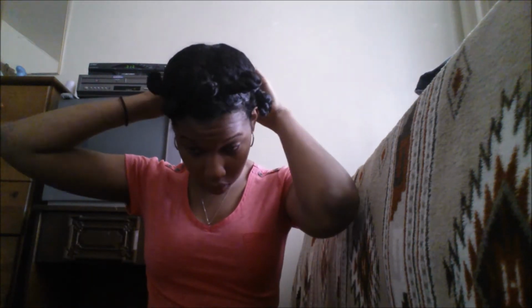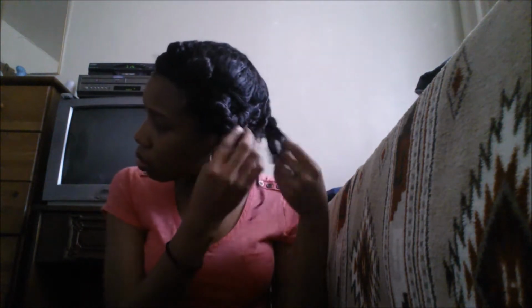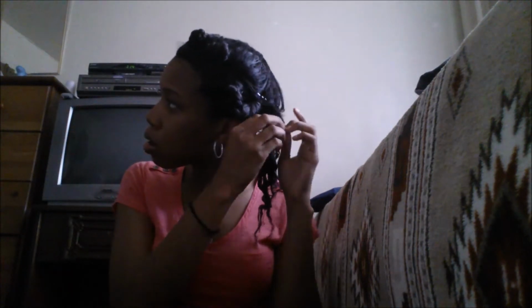So it's time to take off that scarf and get these curls flowing. So I take out the scarf and I'm taking out the knots and just twisting it very easy. And what I'm noticing right off the bat is that my hair still feels relatively damp, which is not good